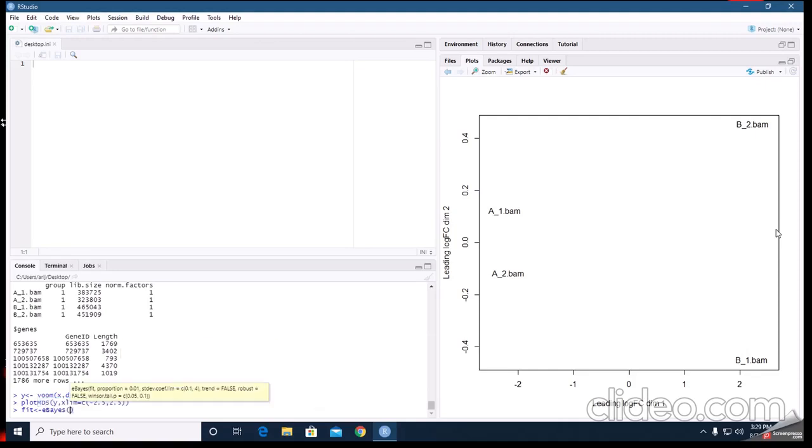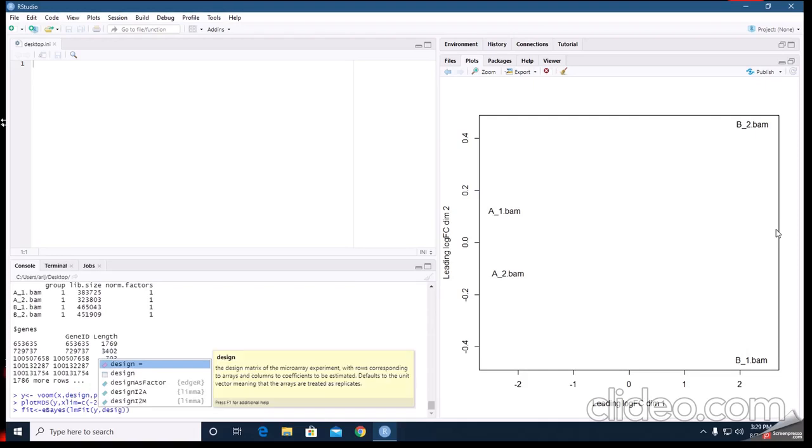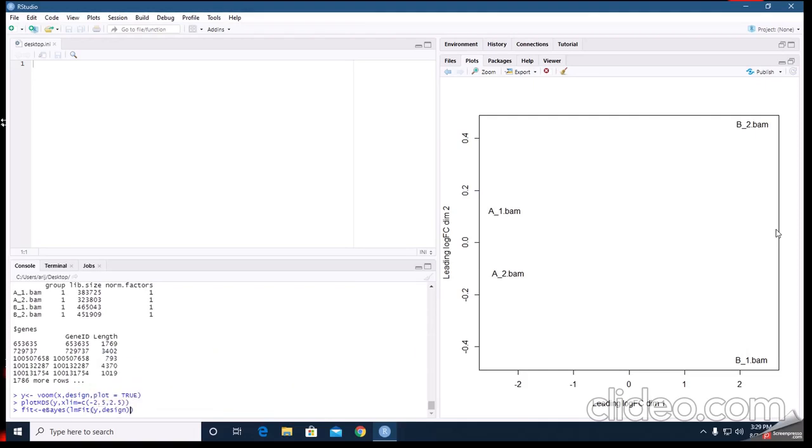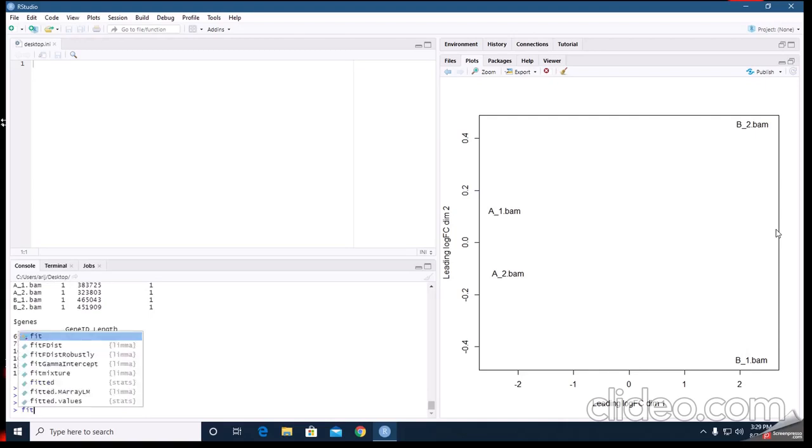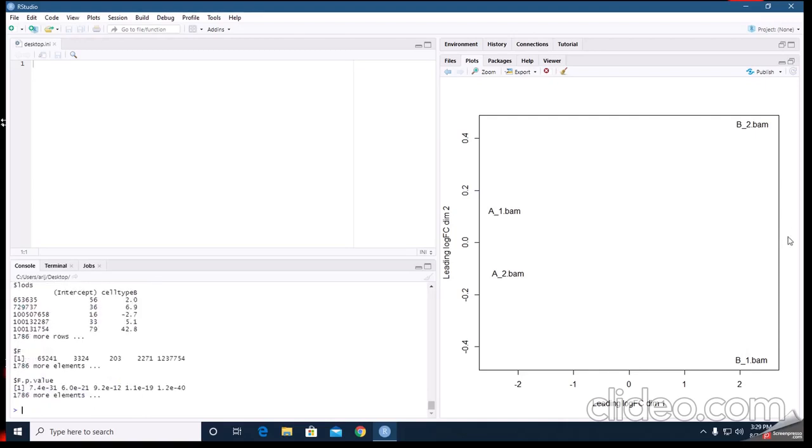It is present in limma, and this is the lmFit function of limma, which makes a linear model. And now we take y, and in the first step we designed our design matrix. Now see this, our linear model is now made.